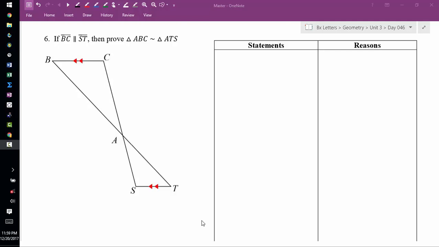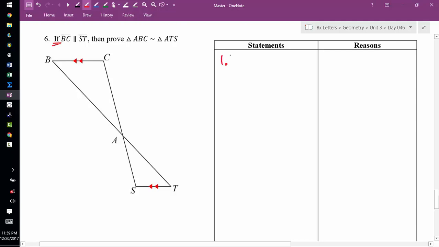Problem 6. Now we're into the real geometry stuff. You know you're doing geometry when you don't need a calculator, when you don't have to do any math whatsoever. It's just pure logic and reasoning. That's a good feeling. And here, the first thing they're telling us is, if you know side BC, so that's